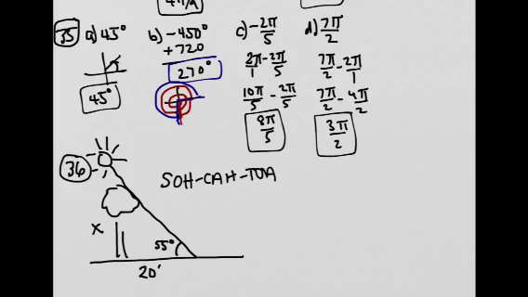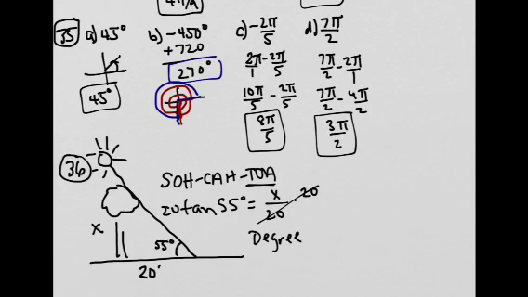And so if I'm looking at the angle 55 degrees, the X is the opposite and the 20 feet is the adjacent. So opposite and adjacent, that would be tangent. So I would set it up: tangent of 55 degrees is opposite over adjacent, so that's X over 20. I'm going to solve for X by multiplying both sides by 20. Cancel it there. So now I just take my calculator, make sure you are in degree mode, okay, and then just plug it in like you see it. 20 times tangent 55, and that'll